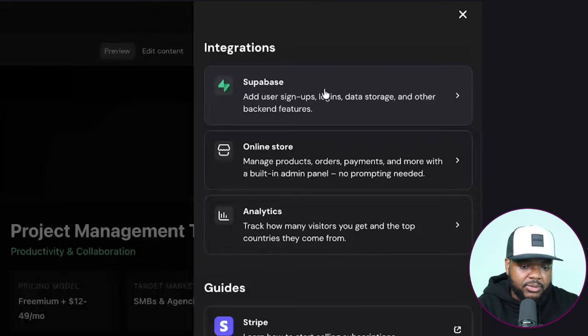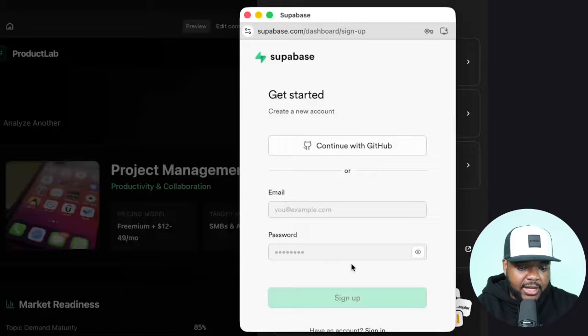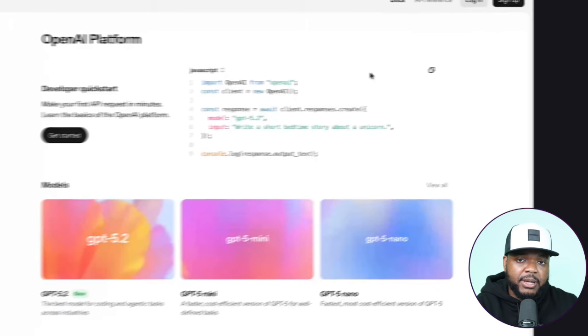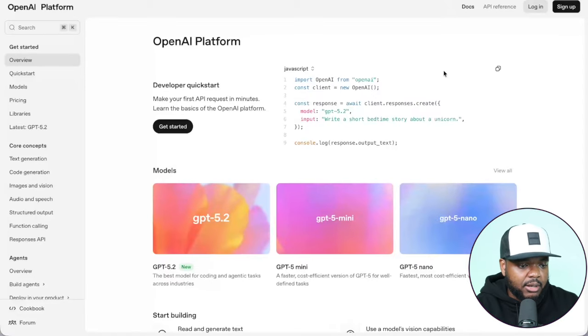So all you got to do is click into it. And then from there, it's going to ask you to create an account. And by the way, you're going to be able to create an account for completely free. And I'm going to come back to Supabase in a moment, but you also need to sign up for an